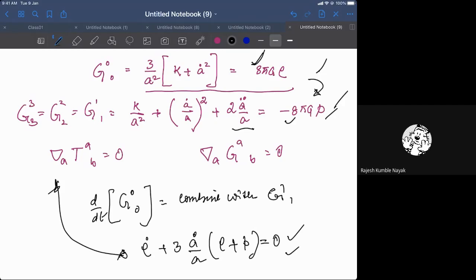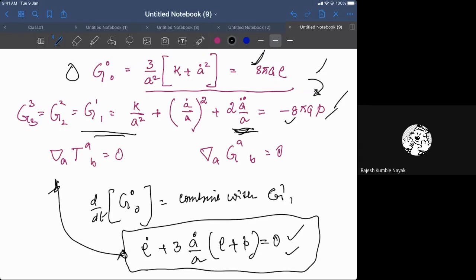I give you a 5 minute break here. What I want you to do is differentiate this G00, then combine the double derivative, a double dot, coming here, replace it from this quantity, and get this equation explicitly. I'm giving a break of 5 minutes for that. I'll get back in 5 minutes. I need some breathers. So you can do it and let me know how it comes about. Let me take a break for 5 minutes. You will do your problem.